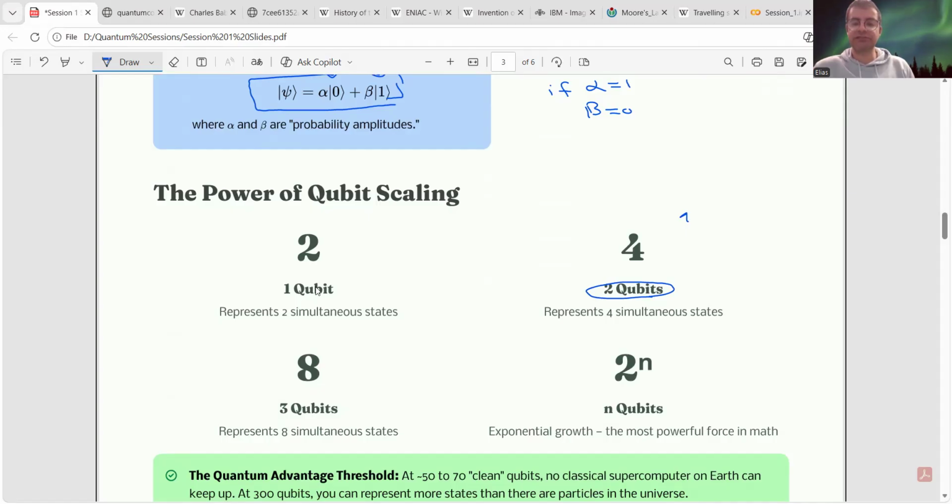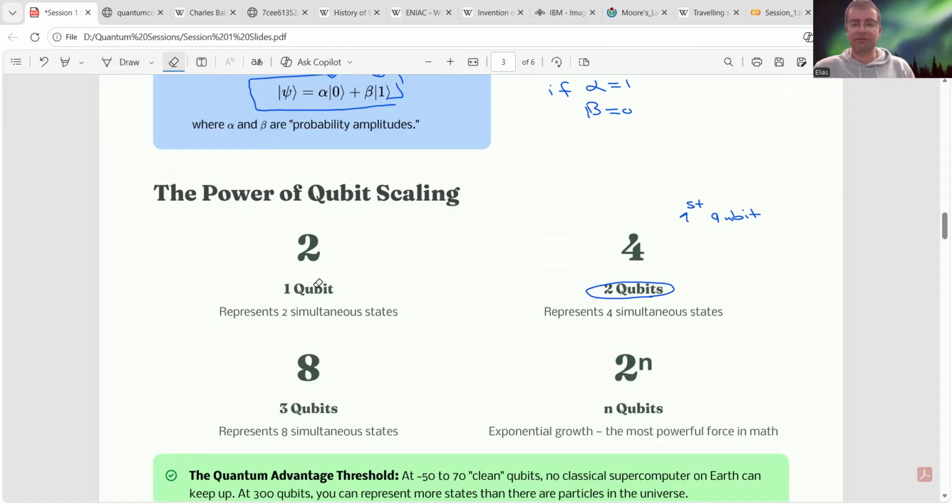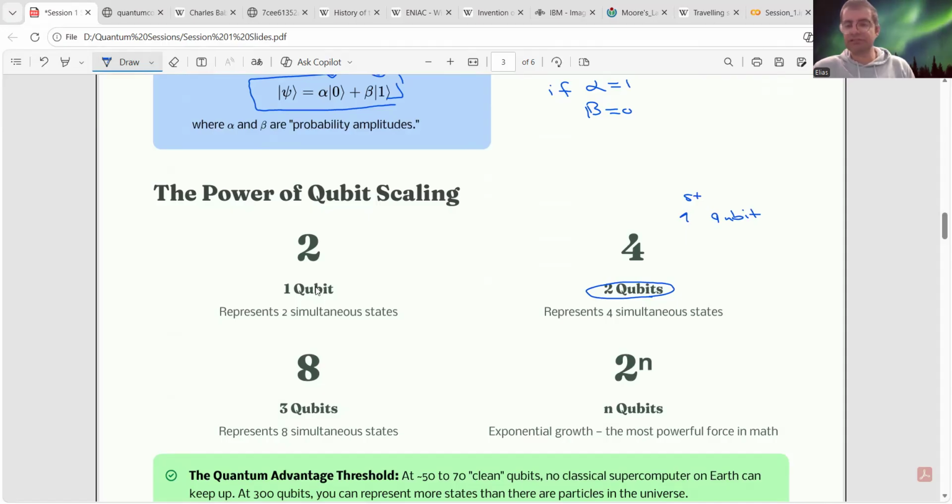So you see, the first qubit. Yeah, sorry, this is looking a bit wrong here, but I think it's fine. The first qubit can be either 0 or 1, and the second qubit can also be 0 or 1.